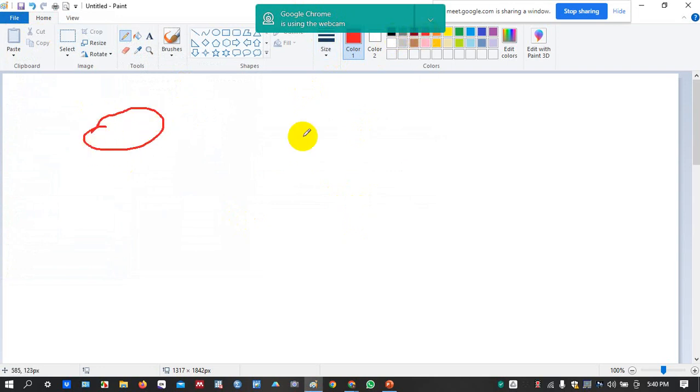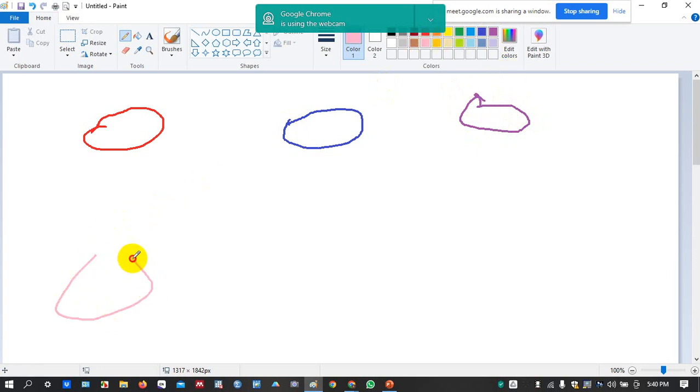This is one blood group, another, don't mind my drawing, another, okay. So if this is A negative,